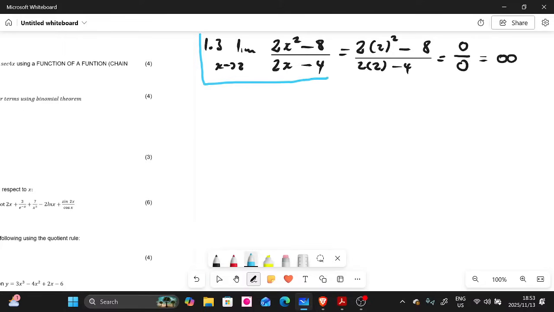This is our equation. If you look at our expression there, are we able to simplify it? When I look at it, I can see that we are able to simplify it or factorize it. So let's continue. We have limit, right? x approaches 2. If you look at our numerator, we have 2x squared minus 8. We can take out a common factor there. We have a common factor, guys, which is 2 there. Inside there, you're going to be left with x squared minus 4, right? There we go. And then on our denominator, we also have a common factor, which is 2.